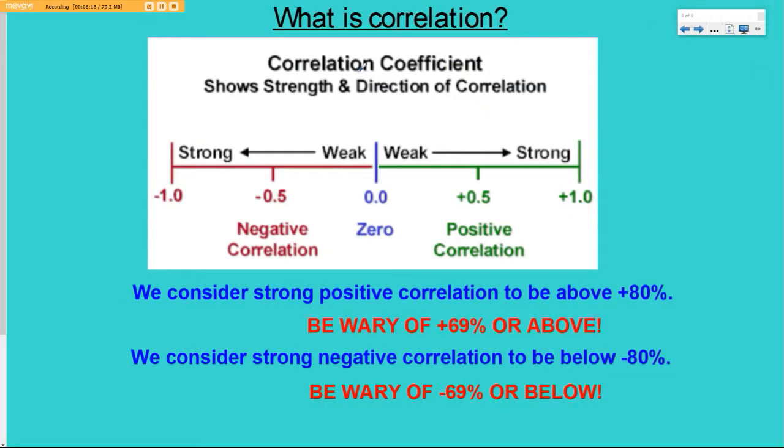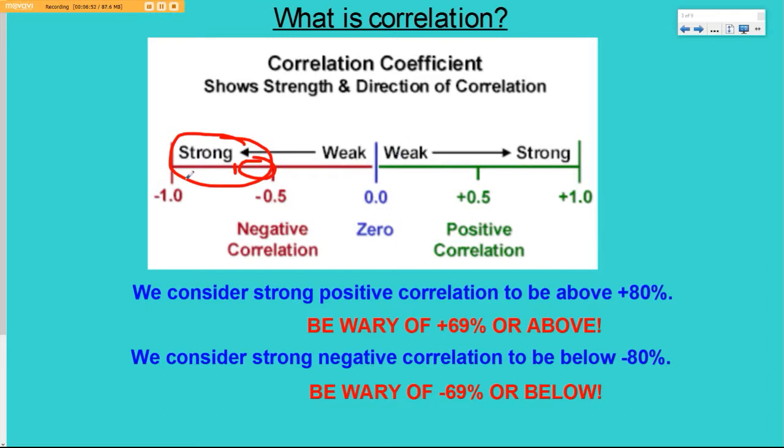Okay, guys, now let's look at the correlation coefficient I showed. It showed the strength. Now, this bit here, if you multiply this by 100, you get negative 50% to plus 50%. So as I was saying earlier, within this section here, from 50%, for me, as I said, we would go up to negative 69. But you want to be wary. Even though it's between here and there, you still want to be wary about those correlation relationships.